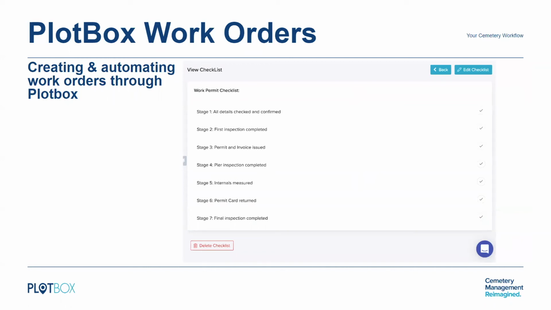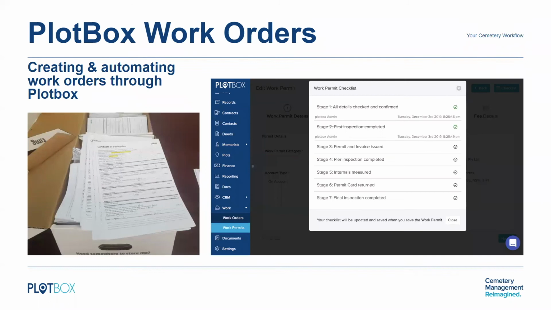For each of the work orders, you can also include a checklist that must be completed in order for the work order to be successful. Okay. That checklist changes with each event type, and checklists can be configured at an admin level in the settings menu. Again, this is increasing transparency. This is process. This is productivity. This is cutting down on paperwork. This is the ability to go ahead and see all the steps that need to be taken in order for this work order to be successful and completed properly and on time. Okay. It takes the guesswork out of it. It really is a fantastic tool, and is a far cry from